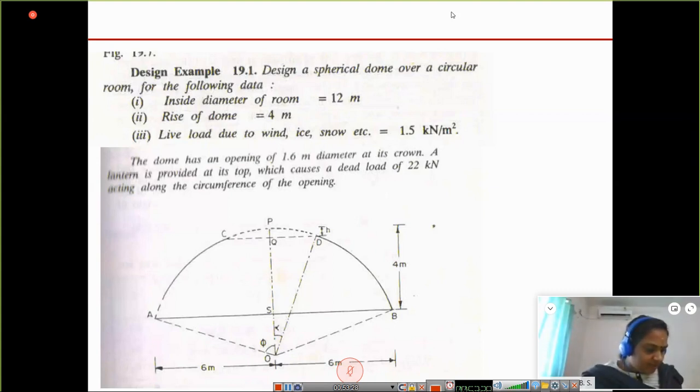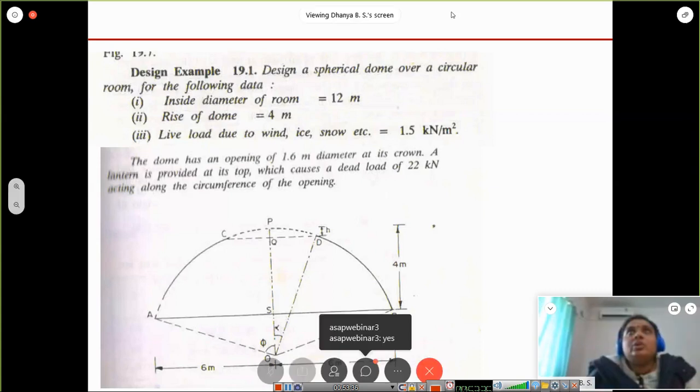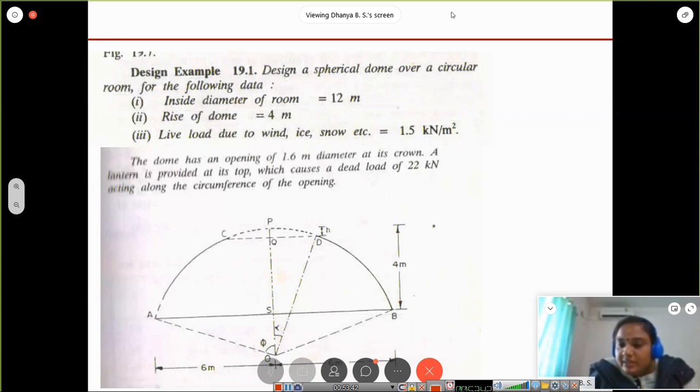Compressive stress, anyway, we have to decide, because you need to look into the working stress method of design, and the permissible tensile stress in the working stress method of design is the limit for that. So please refer to Appendix B of IS 456. The permissible tensile stress will be the answer for this question.